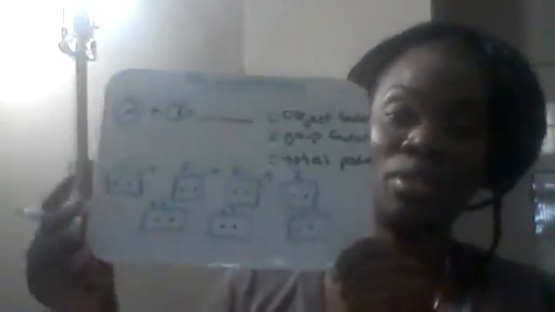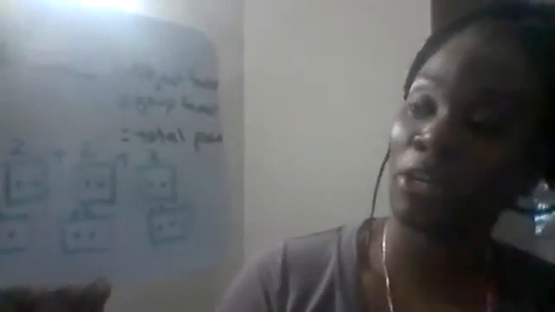So our total is what? 14. 2 plus 2 is 4, plus 2 more is 6, plus 2 more is 8, plus 2 more is 10, plus 2 more is 12, plus 2 more is 14. So our answer equals 14. So 2 times 7 equals